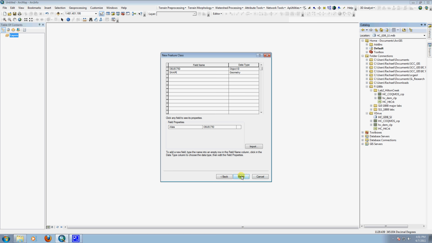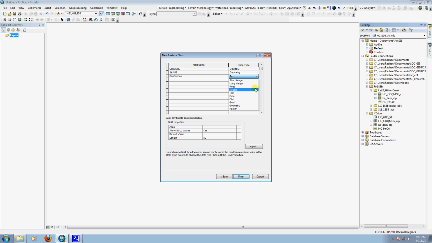Tolerance, the default will always be fine for us. Now, it says in my lab handout here that I'm going to need to add another attribute table that describes the confidence I have in my fault mapping for each particular new vector I add to my fault data line. So I will call that confidence, and I'm going to use a text-based system to identify these. You can